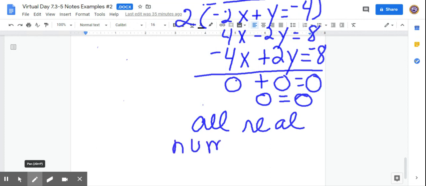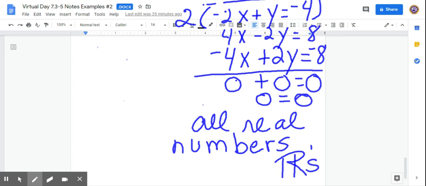And what is that? It's my funny little R, remember. All real numbers. Reals. So those are the two solutions you can get. Okay? All right? I hope this helps. Kind of